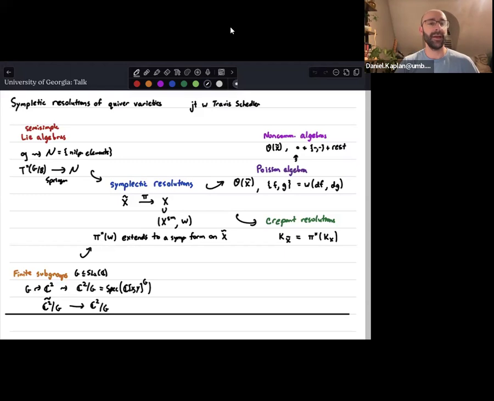You have symplectic resolutions conveniently at the center, at least at the center of this talk. Then on the left side you have inputs, examples of symplectic resolutions. And on the right side, either outputs or things you can do with symplectic resolutions, or ways to think about them. I'll just start in the top left. If you have